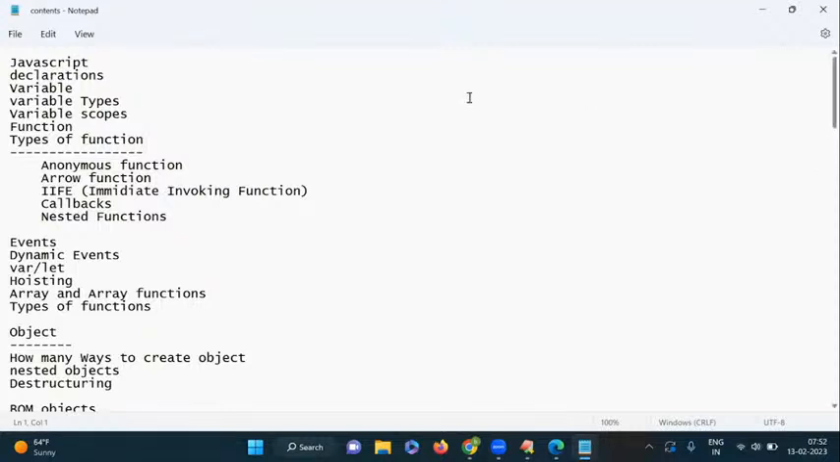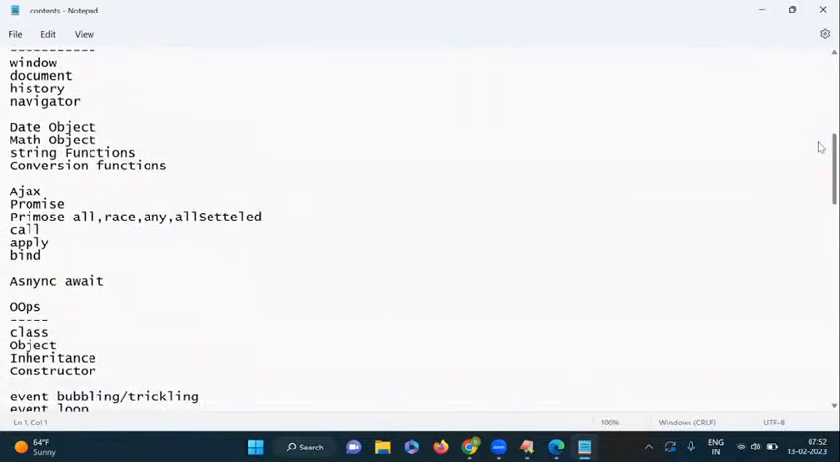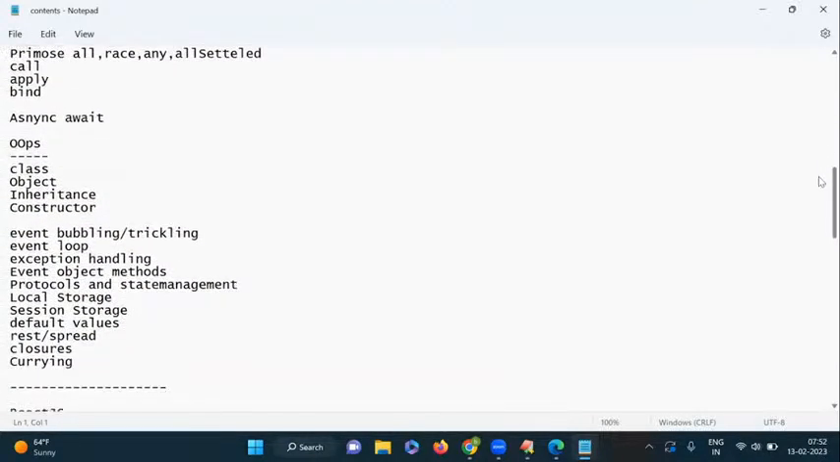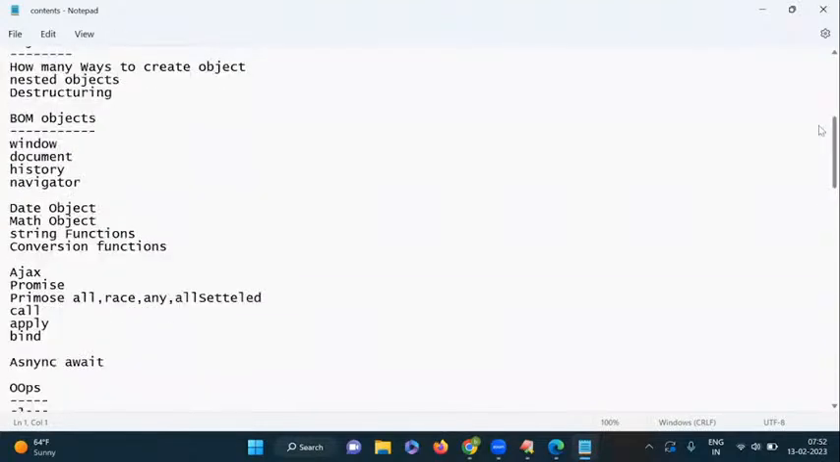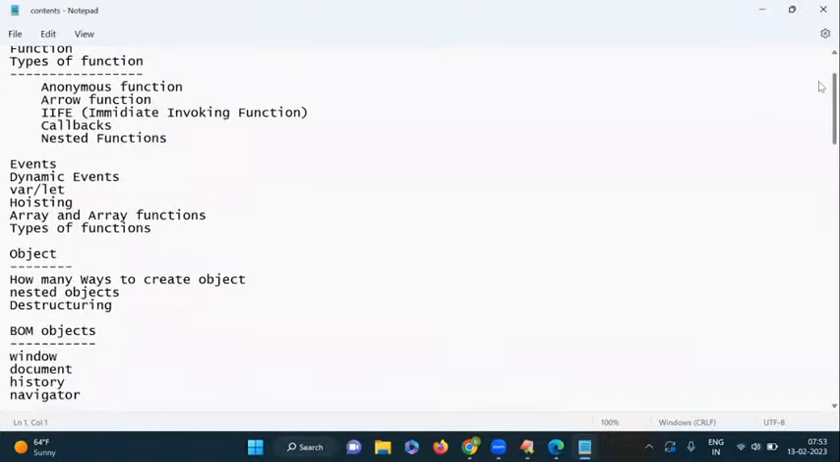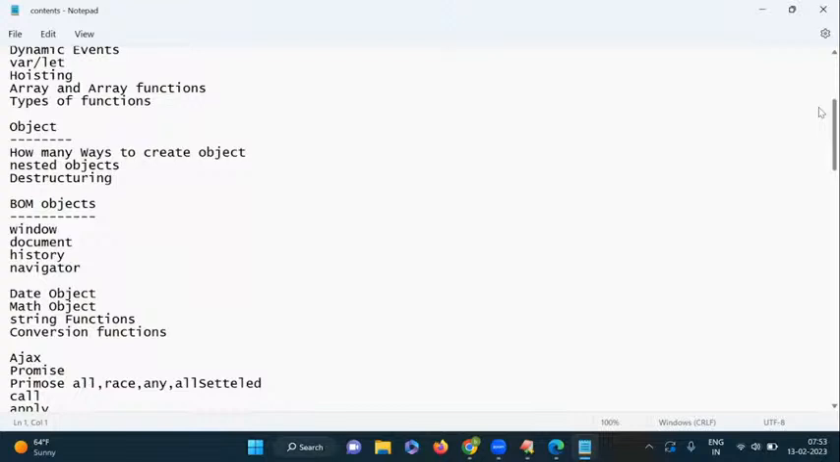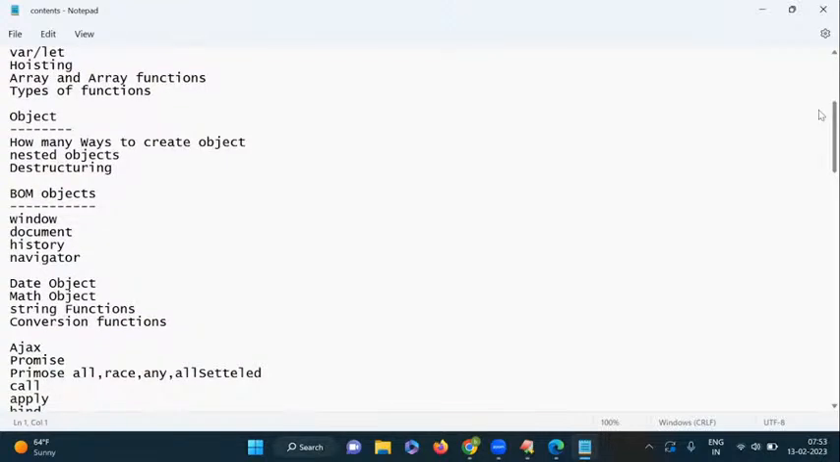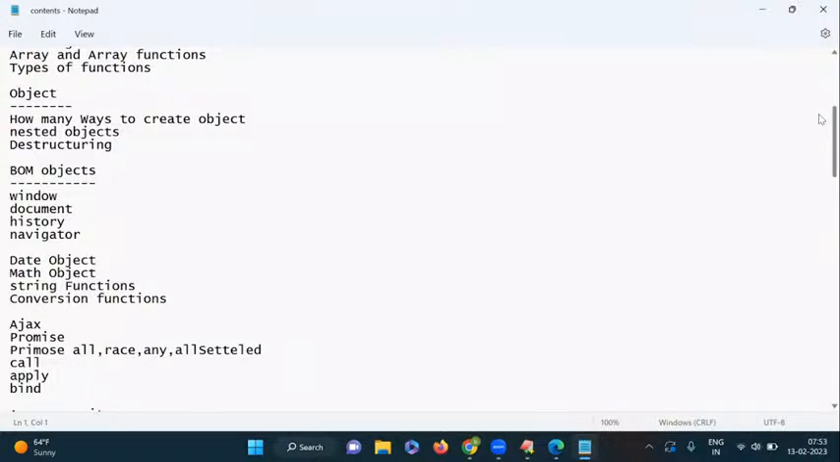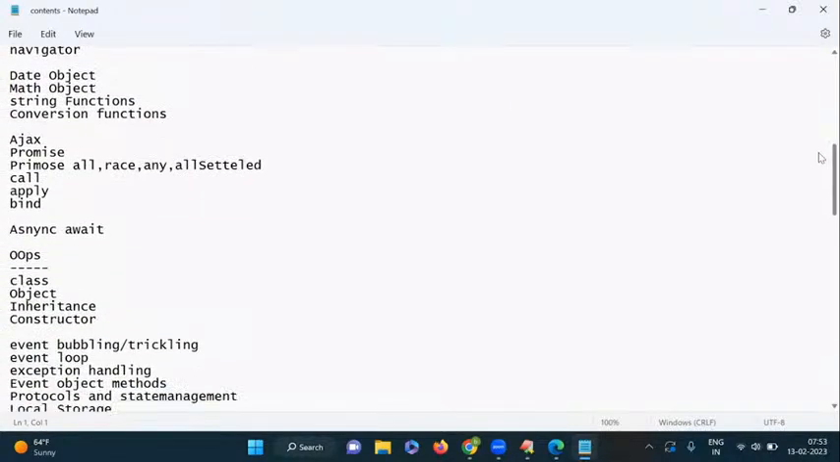Now here in JavaScript, these are the concepts we are discussing: basic JavaScript and advanced JavaScript. Once JavaScript is completed, only then do we start React programming. Functions and how many types of functions we have, events and dynamic events, hoisting, array related functions and objects, and how to work with objects. Object is very important because the data coming from Ajax is in the form of objects only. So how to read the object, and what BOM objects we have, date object, math, string, conversion